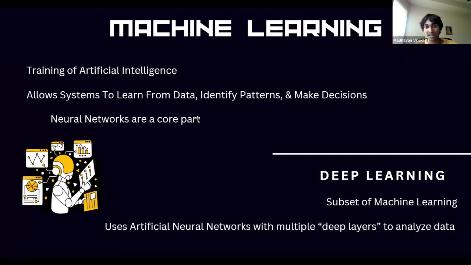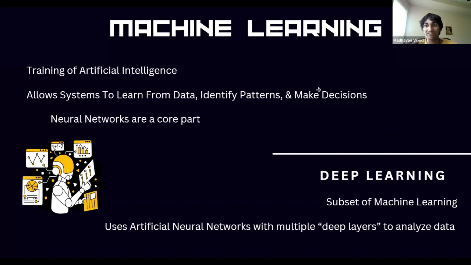Okay. Now, another cool topic. Imagine a big umbrella. That's artificial intelligence. Imagine a smaller umbrella inside that, inside artificial intelligence. That would be machine learning. Now, underneath that smaller umbrella, we have deep learning over here. Deep learning is a part of machine learning. And, as the name suggests, it's pretty deep. Deep in the effectiveness that it has in training AIs.